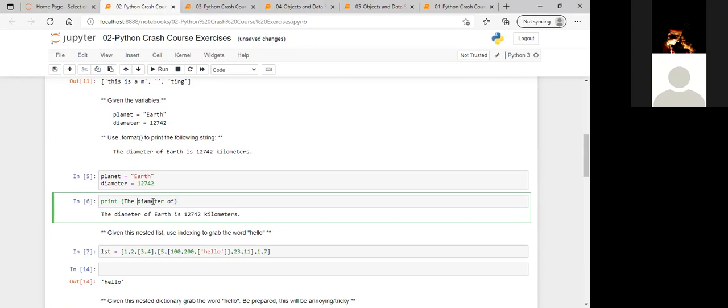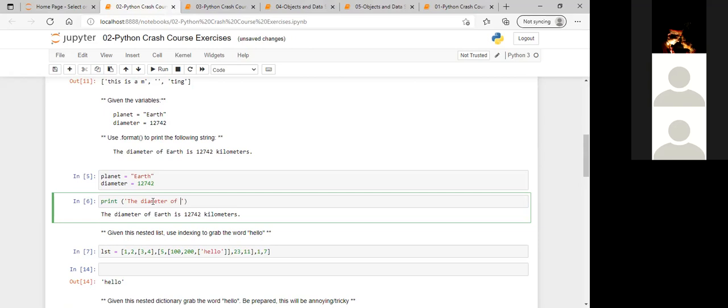Yeah, Python will treat, if there are no quotes, Python will treat everything as a variable. It will try to search for its meaning, which is not there. It will not find. Yeah. Diameter of, so the bracket, these are not the brackets used. You are right. Brackets will be used, but curly brackets. Yeah. Curly, not this one.